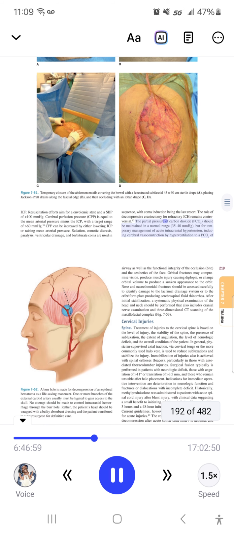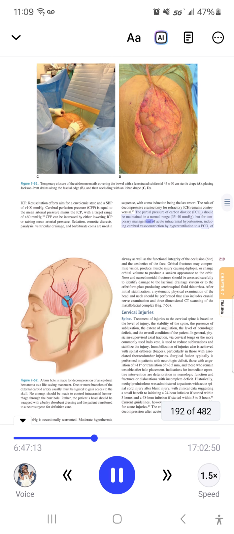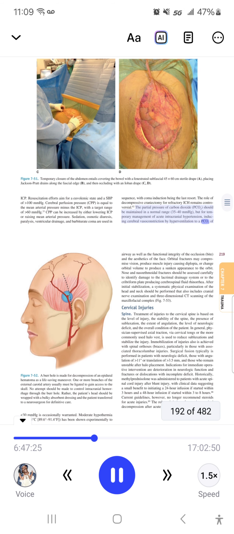The partial pressure of carbon dioxide (PCO2) should be maintained in a normal range, 35 to 40 mmHg, but for temporary management of acute intracranial hypertension, inducing cerebral vasoconstriction by hyperventilation to a PCO2